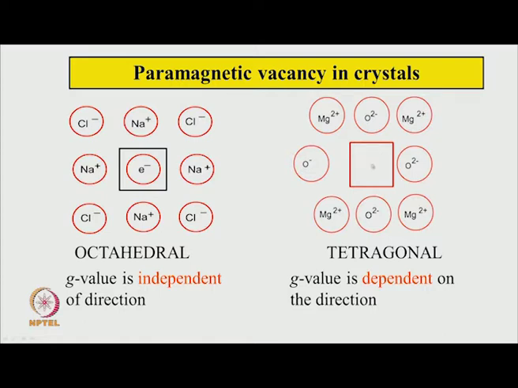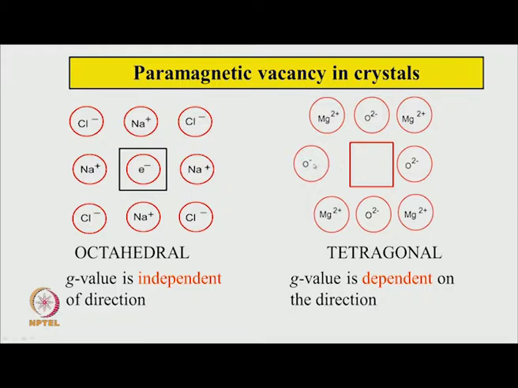Now, that magnesium ion has disappeared, and at the same time the O2 minus oxide ions were there. From one of those, one electron was knocked out, so this O2 minus becomes O minus. In the process, the position of this ion has moved slightly from its usual position. The usual position is very similar to octahedral symmetry, but because this has gone, there is a little repulsion between this and this. That repulsion pushed this away from that.